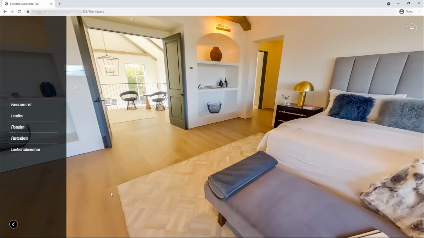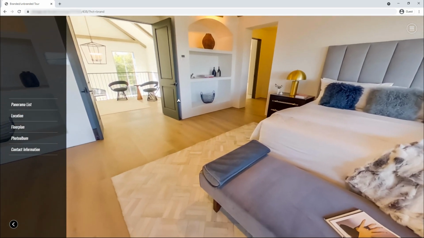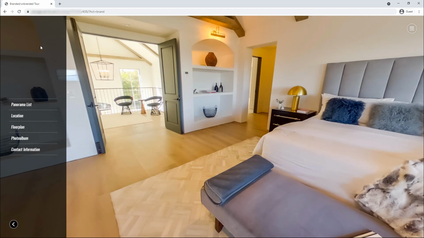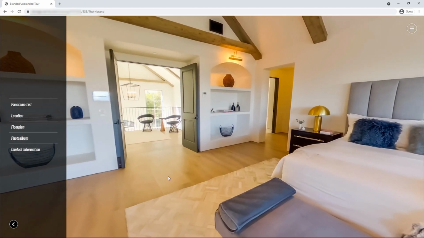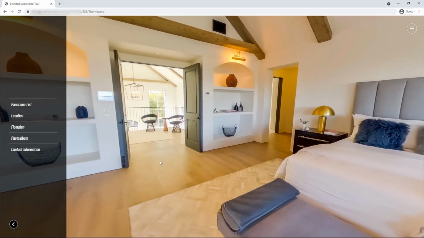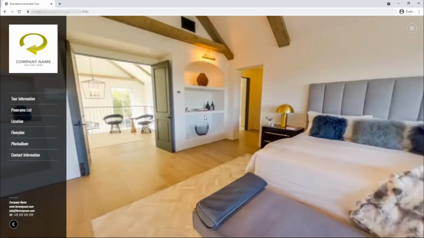Now, depending on your preference and how you mount your tour, you could make it so that these elements then move all the way up here by aligning them on the top, etc. So that's a very fast and easy way, simply with a few tags to show or hide certain elements, and depending on the URL, we can visualize it with or without the branding elements.